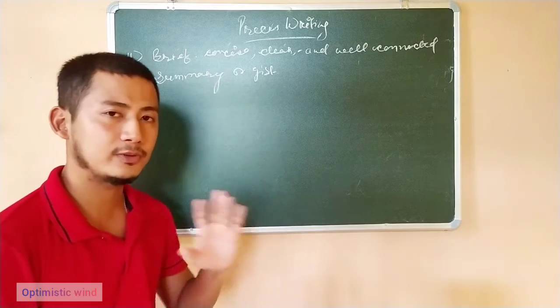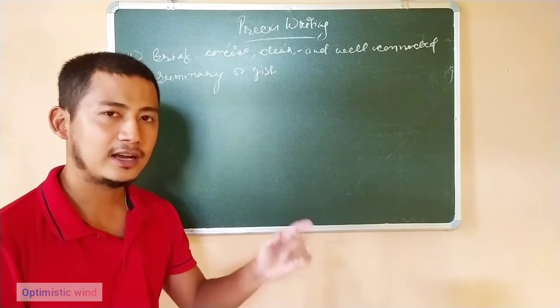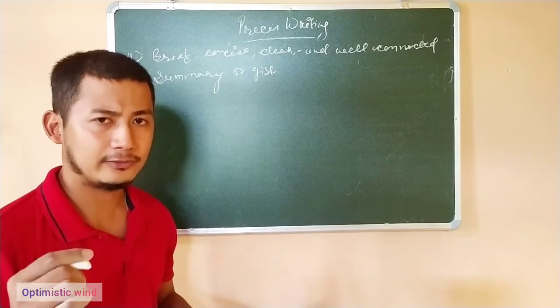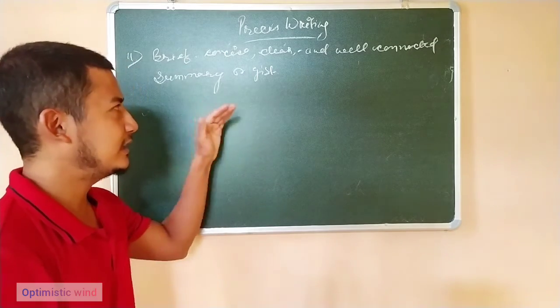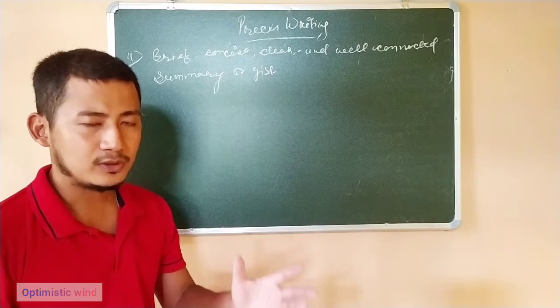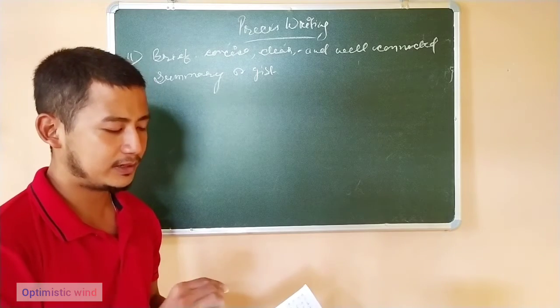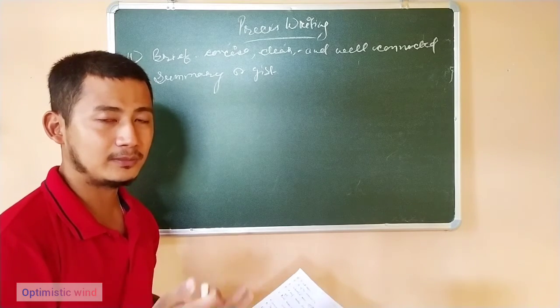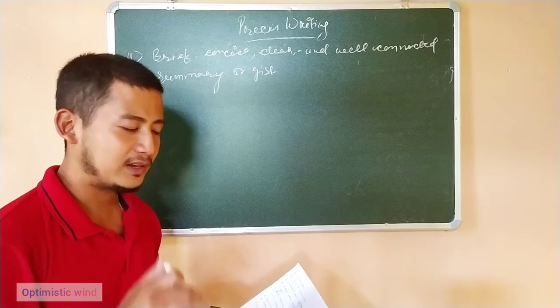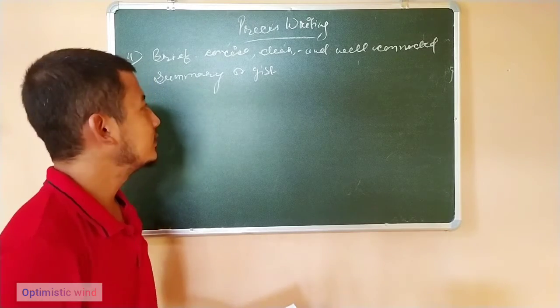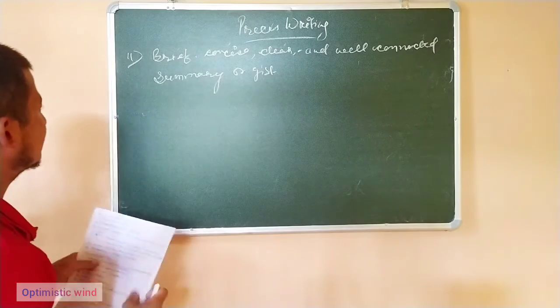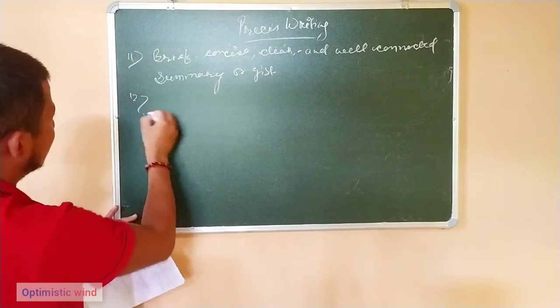First thing, you have already read the passage. After that, try to make the rough in your mind itself, and after that you will start writing your Precis. If you have time, then you can write the rough work on another paper, and after that you can start writing your Precis. So this is number 11 thing, and number 12 thing is that